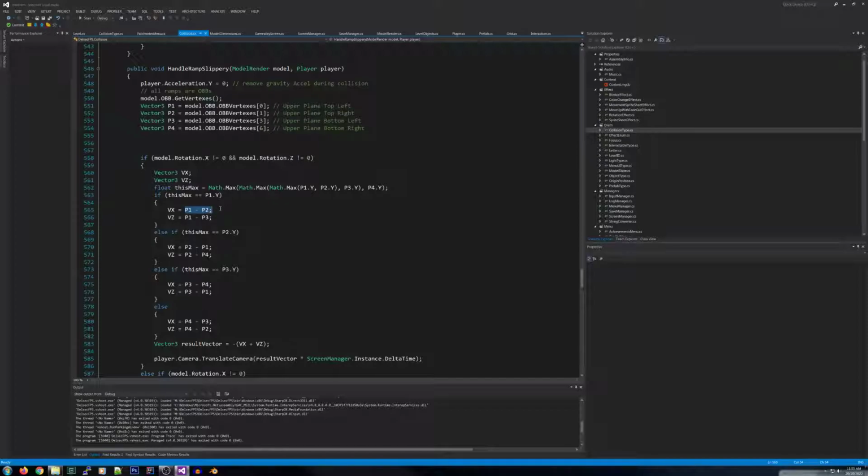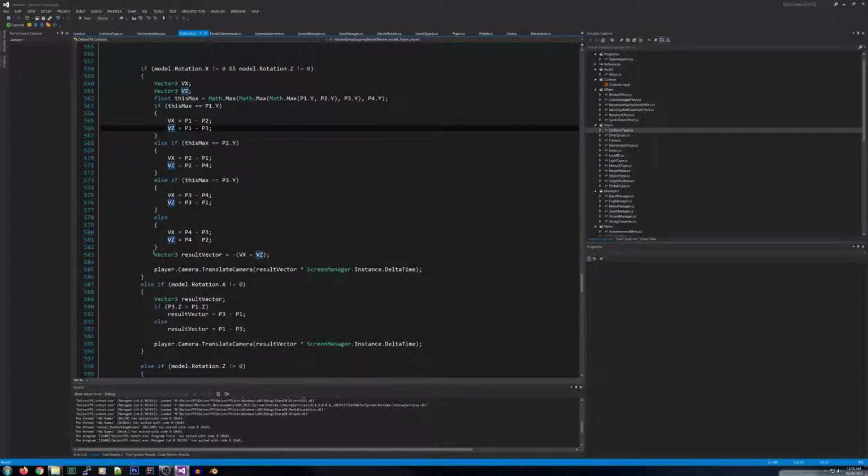So let's say that's X, which is not really X, but for the sake of explanation, it's along the x-axis, the change in the vector. And then P1 minus P3 is top left to bottom left. So that is the vector along the z-axis of the model. So we have Vx and Vz now, and what we do is we calculate the result vector, which the result vector is,